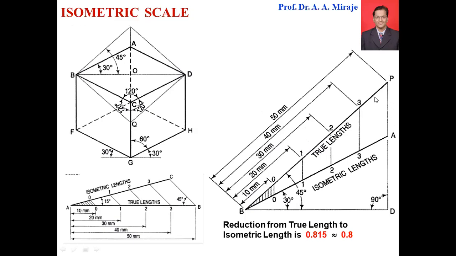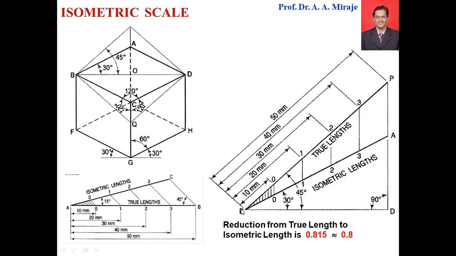So this is also coming as 45. This angle is also coming as 45 here. So 45, 45. हा angle 15 आहे, तो 15 angle इथे दिसतो. हा जो ट्रायंगल आहे B, P and A, so that is redrawn here. तर 45 च्या लाईनवर ज्या लेंथ असतात त्या टू लेंथ असतात, हे लक्षात ठेवा. हे 50, 40, 30 आहेत. So these are the true lengths.